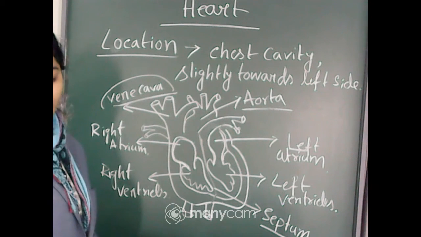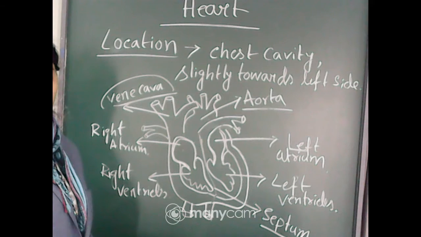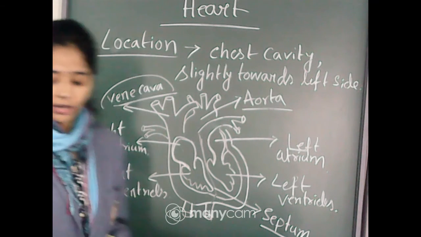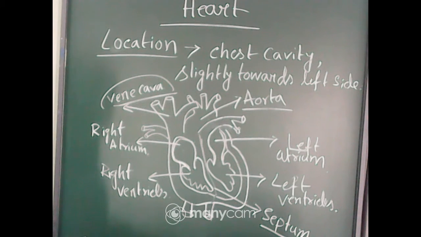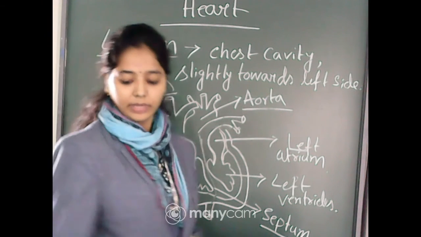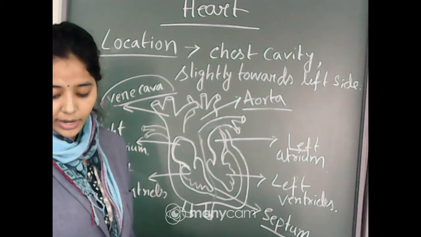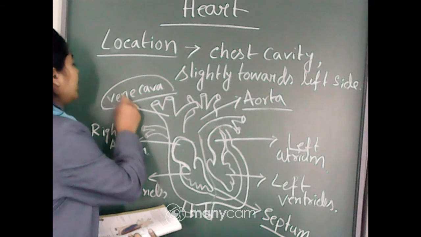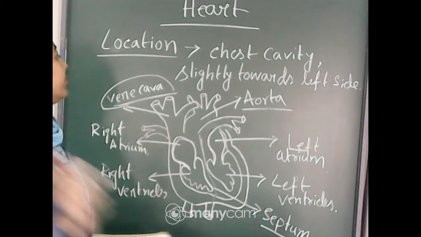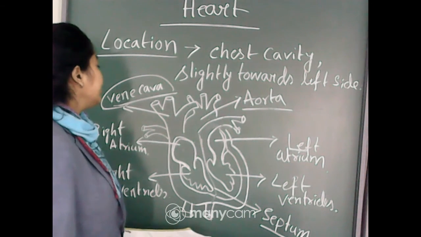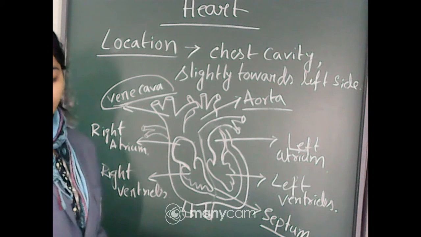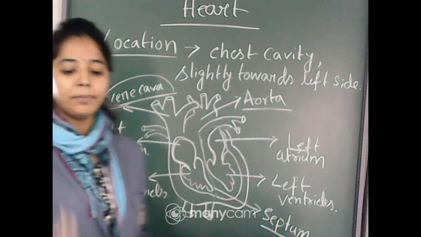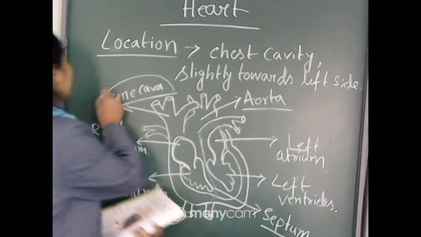The vena cava is the largest vein in our body. That is the large vein that carries blood to the heart from the other areas of the body. Okay, understand students? You know the function of a vein, and the vena cava is the same. Here is a large vein that carries blood to the heart from other parts of the body. This is the main function of the vena cava.